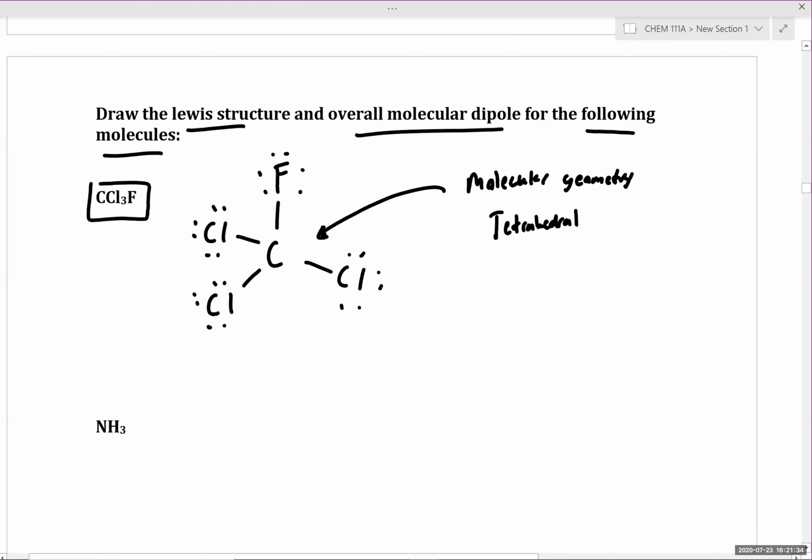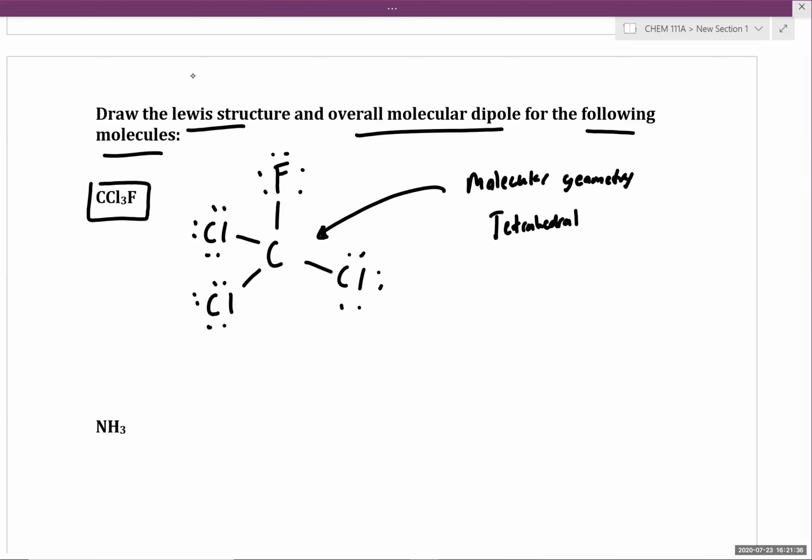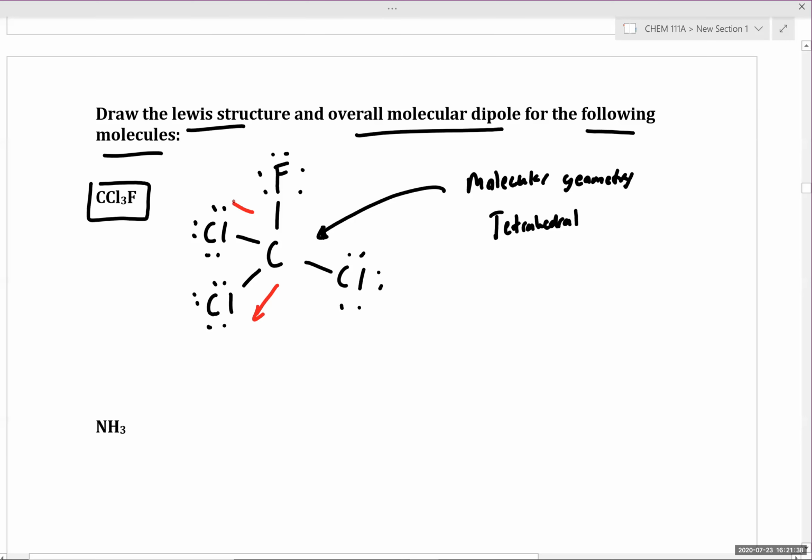Okay, perfect. Now we draw all of our bond dipoles. So we have 3 chlorines pointing down, 1 fluorine pointing up. Okay, so thinking about our push-pull dynamic, if all of our chlorines are on the bottom and our fluorine is on top, my question to all of you is, and this is really important now,